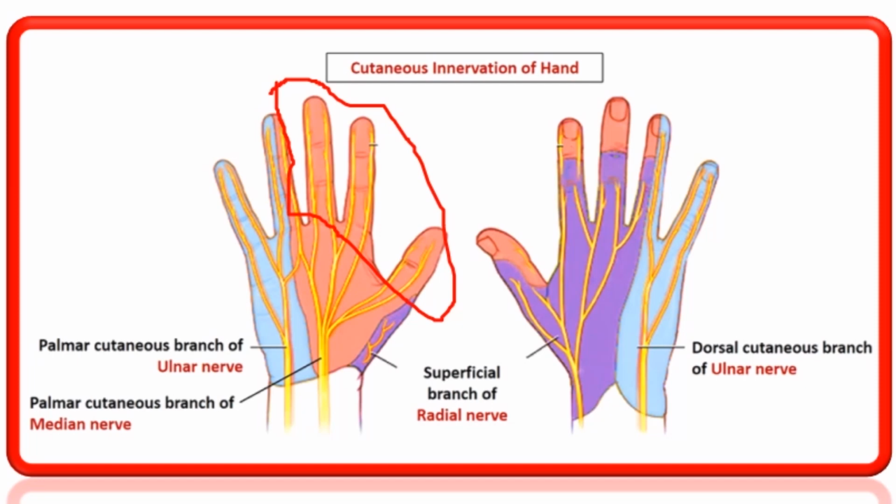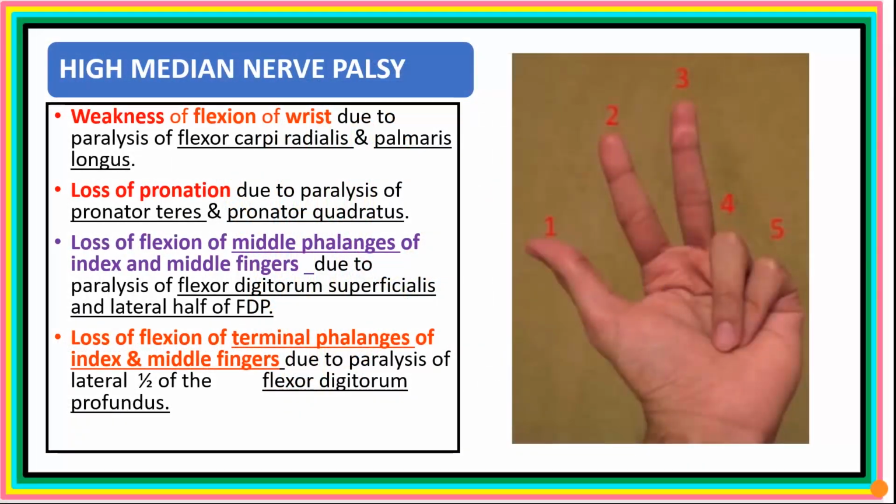And finally, the third part, the cutaneous area of the median nerve, is the distal phalanges of the lateral 3.5 fingers. That is the area we are seeing here. This is the half shared with the ulnar nerve, and this is the other half. So there will be sensory loss in these areas that are innervated by the median nerve. We will now take it bit by bit and see the effects on the various muscles in this high median nerve